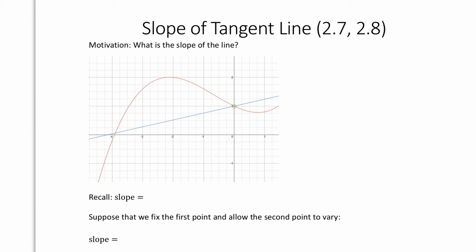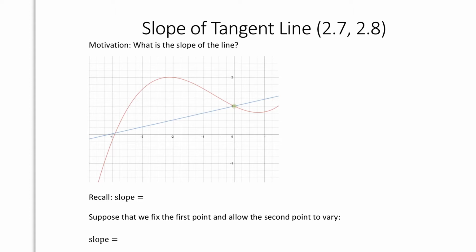Hello. In this video, we're going to look at the slope of a tangent line, which is sections 2.7 and 2.8 in your textbook. Now, the motivation for this section is, well, a tangent line. And you might have never seen a tangent line before. You might have from physics and from some other science courses, or you might have never seen one. Either way, we're going to go ahead and pull up a Desmos animation to help illustrate what a tangent line